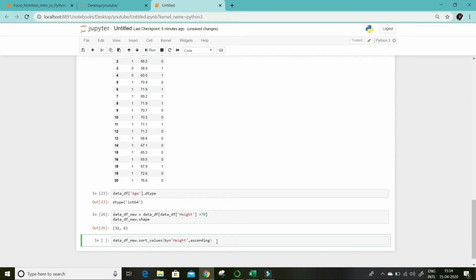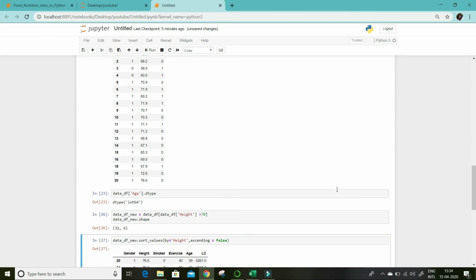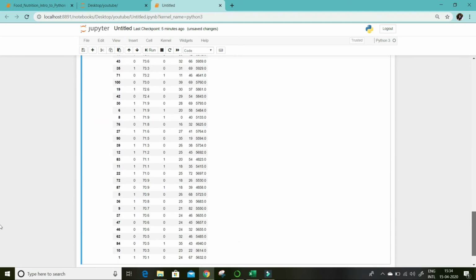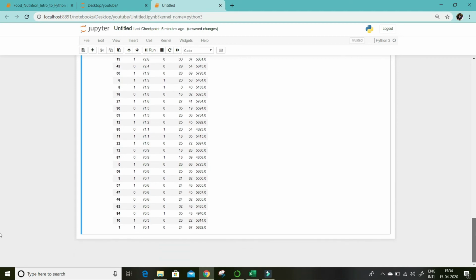I want it in ascending or descending order. Suppose I want it in descending order, so I have to give ascending equals False. Again, see, it is case sensitive. If you give all caps, it won't come in green. Green comes when it is already a system defined function. So False has become green now since I gave F capital and the rest all small. Now I have sorted it. See, all the values are sorted out over here.